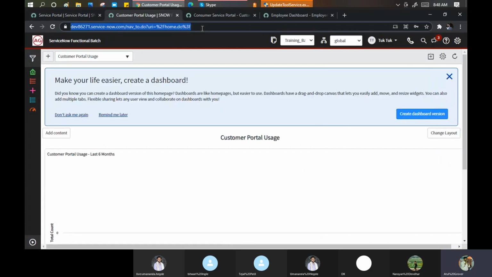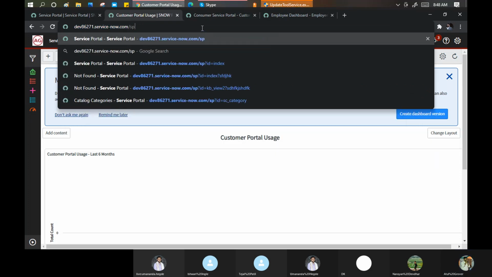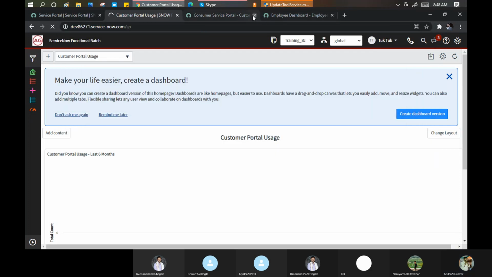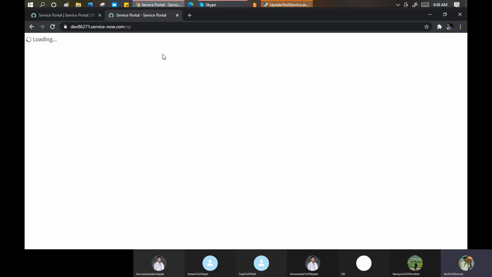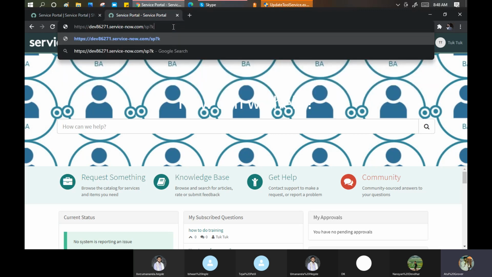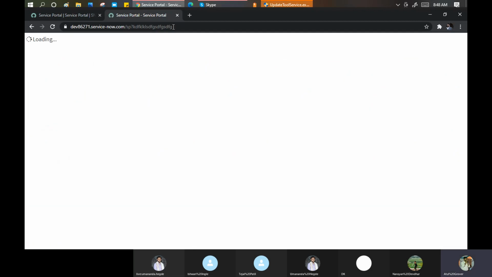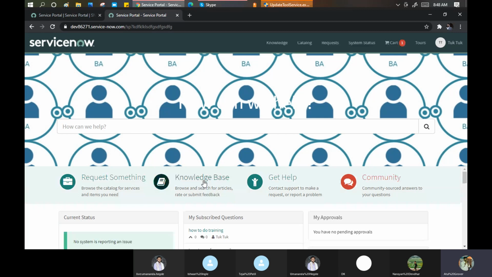Because I put logout, let's put something. It should not find it. Now it's not taking from the cache.